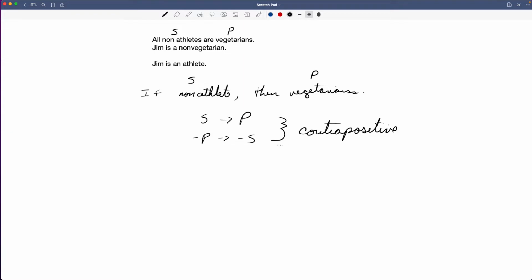That's when you take the S and negate it, and the P and negate it, and then change places. Let me make this look more like an arrow so it's not confusing. It doesn't look like a negative inequality. So the contrapositive for this would be: if non-vegetarian, then the opposite of this would be athlete. Or the negated form. When you negate something, if you're not a non-athlete, then you are an athlete, because double negatives